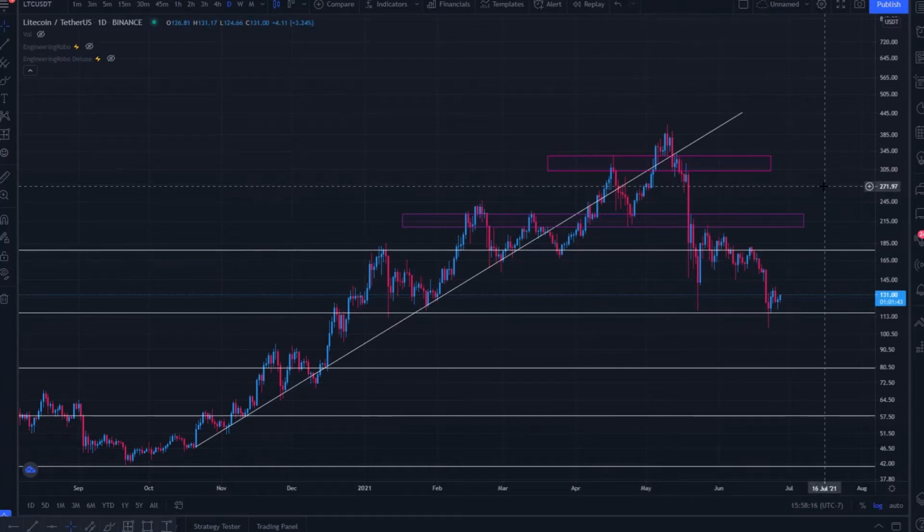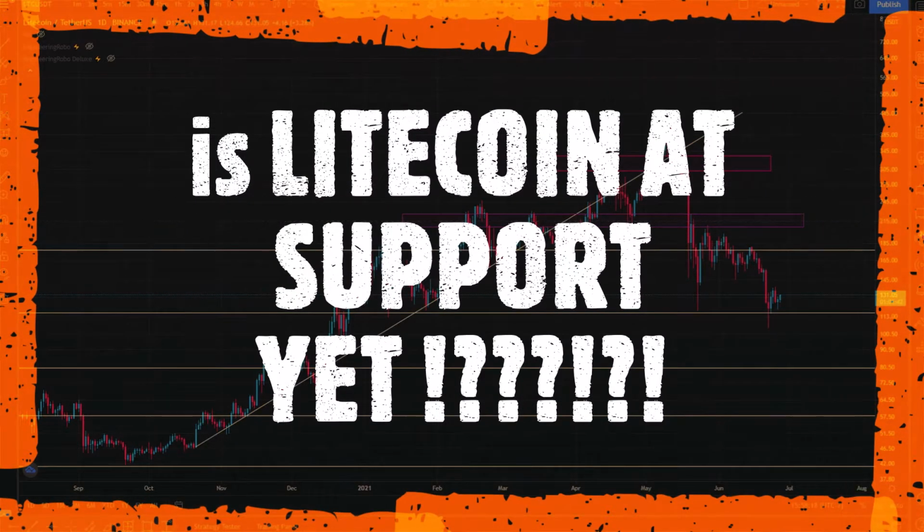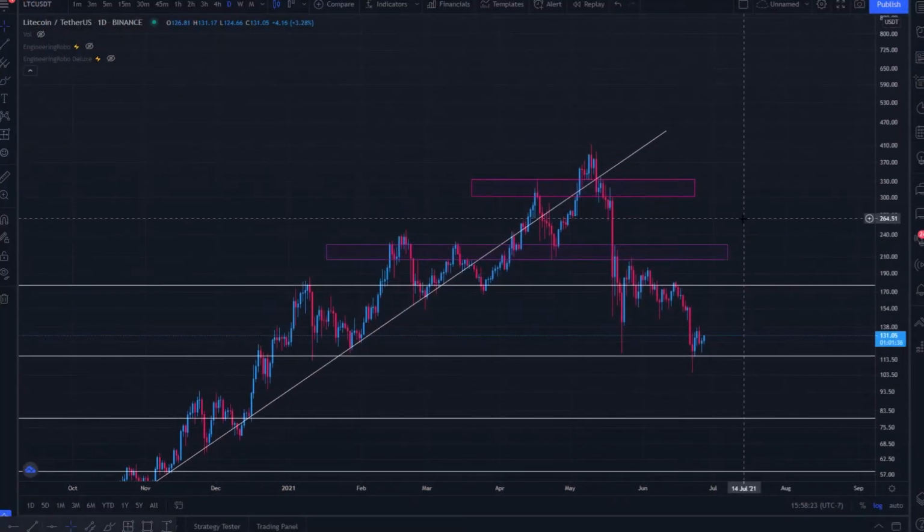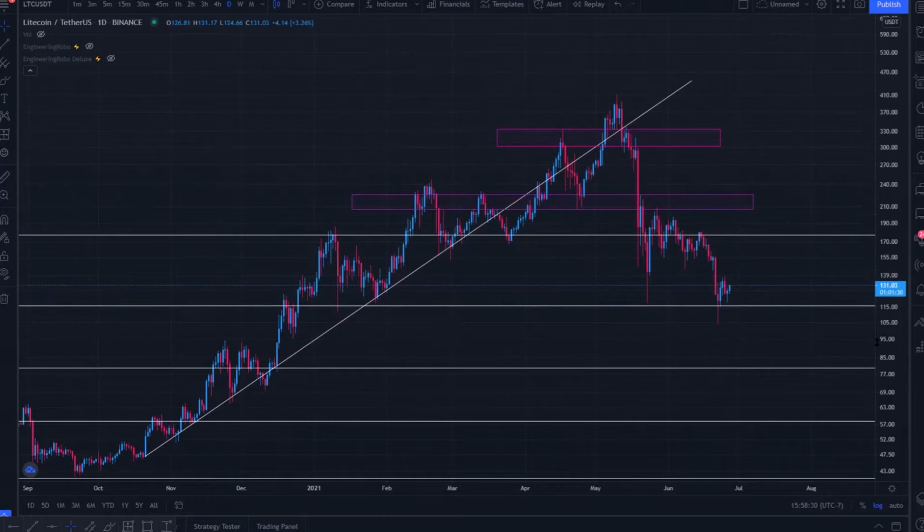Bitcoin, cryptocurrency. Today, going to be taking a look at Litecoin, LTC against USDT. Going to be taking a look at some of these key technical aspects of price action moving forward. Going to be assessing some of the pivotal areas of support and resistance I believe we're going to be interacting with in the very near future here.